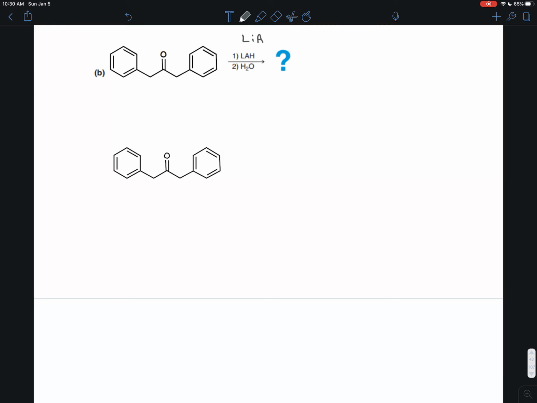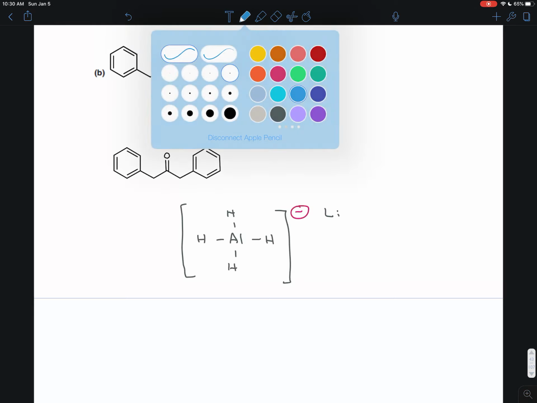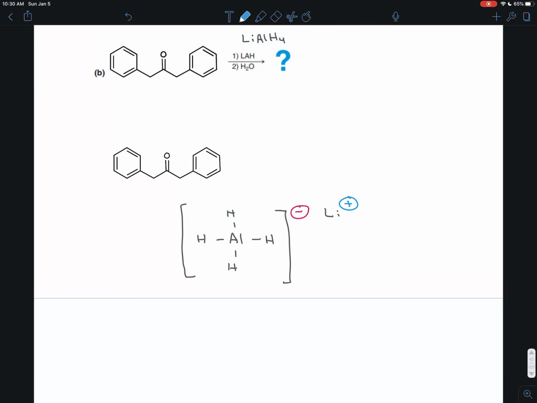So LiAlH4. And the way that that looks, you'll want to be able to draw, is aluminum with 4 bonds to hydrogens. That all acts as one sort of functional unit and together has a negative charge. And the lithium has a full positive charge to balance that out. Now the aluminum has very low electronegativity, so it gives its electrons away and becomes slightly positive. The hydrogens steal the electrons for themselves because they're more electronegative, so they become slightly negative, and therefore